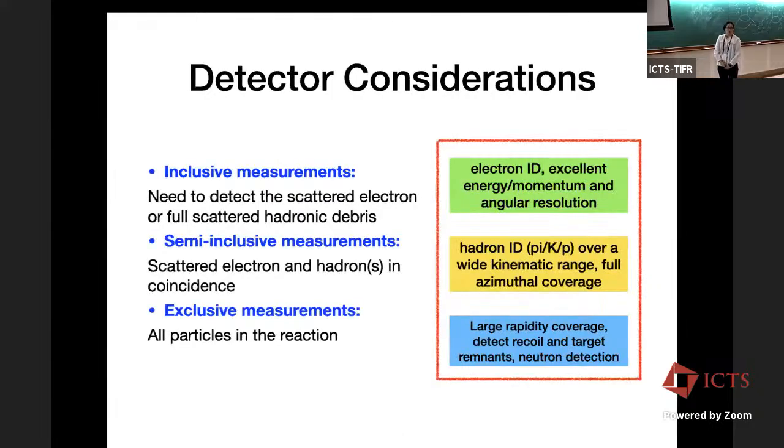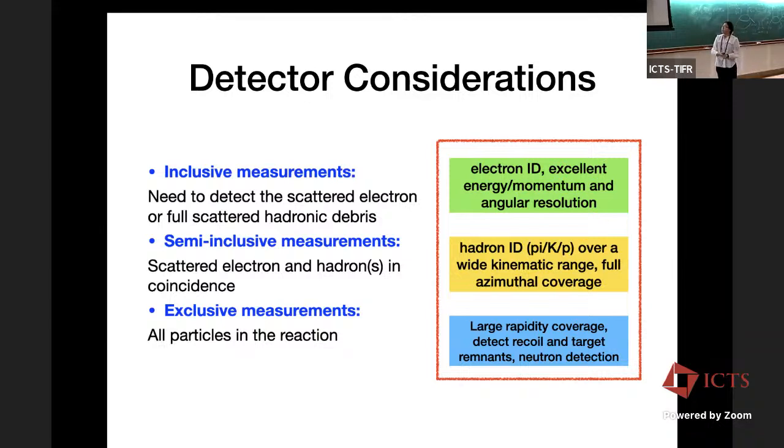All right, since we started talking a little bit about detectors, let's move on to the topic of detectors, how we consider detectors. From the point of view of the physics process that we consider, for example from the DIS type, we have the inclusive measurement where you need to measure the scattered electron, right? So we only care about measuring the scattered electron in principle. If you know the momentum of the scattered electron and what was the energy of the incoming beam and target, then you're good.